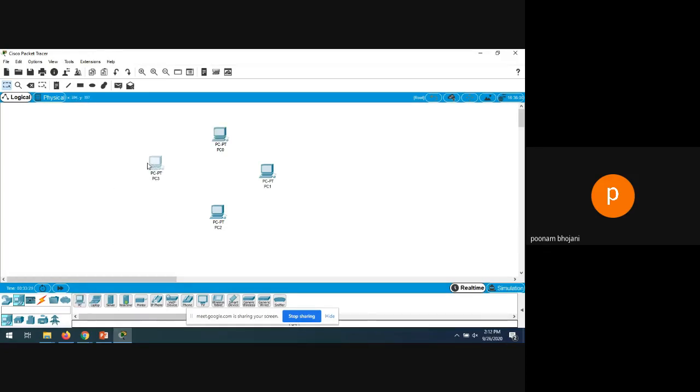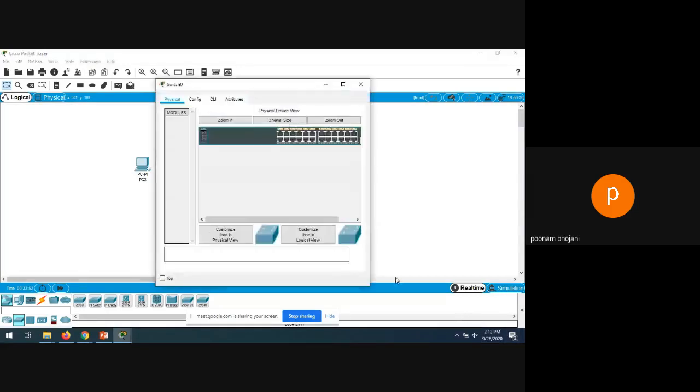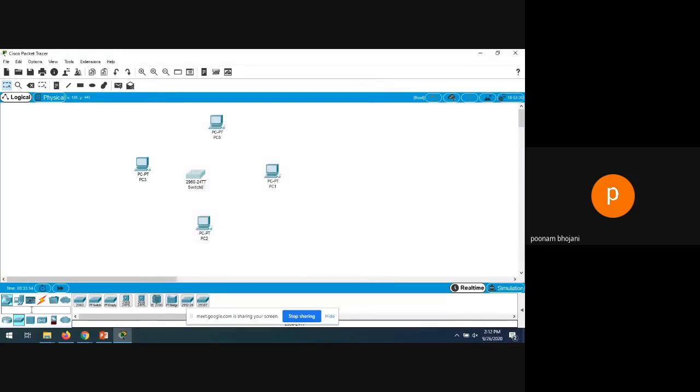So let's say I am taking 4 PCs and I want to connect these 4 PCs in a star topology. Whenever I want to connect in a star topology, I will require a switch or hub, right, which can connect all those 4 PCs. So I will explain by taking both of them. One is, let's say, a switch. For example, first of all, we are taking a switch and I will connect everything with this switch, right? You can take any switch you want here.